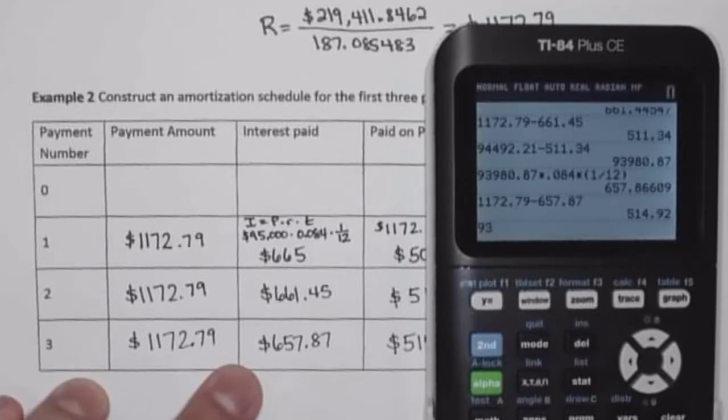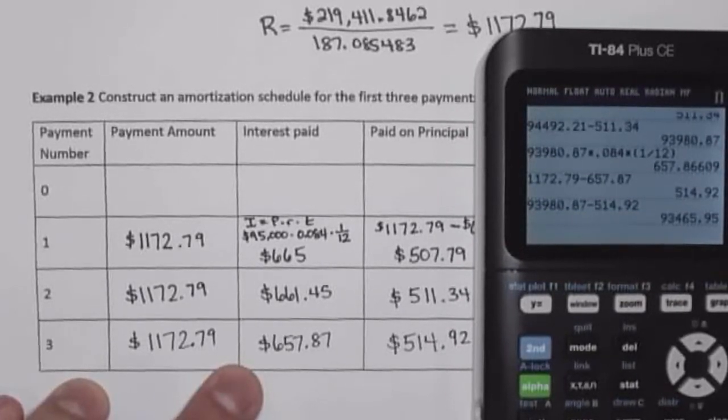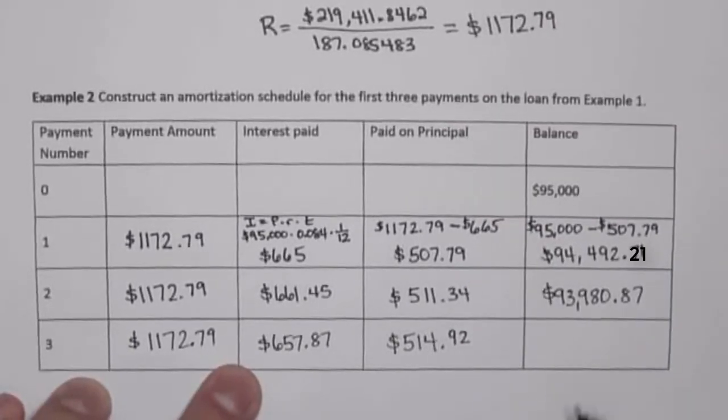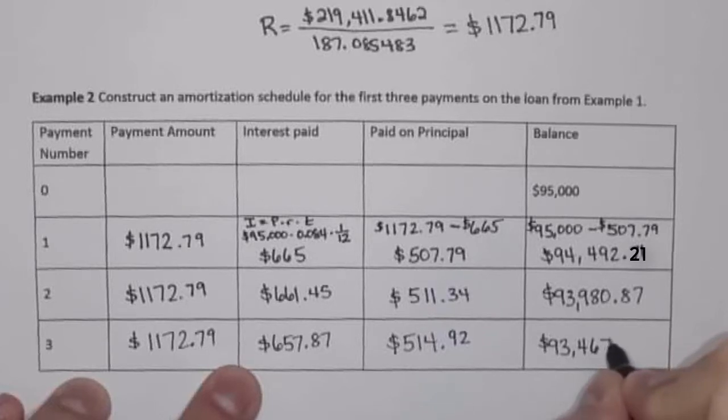So $93,980.87 minus $514.92, that is a balance now of $93,465.95. So after my third payment, the retiree would still owe